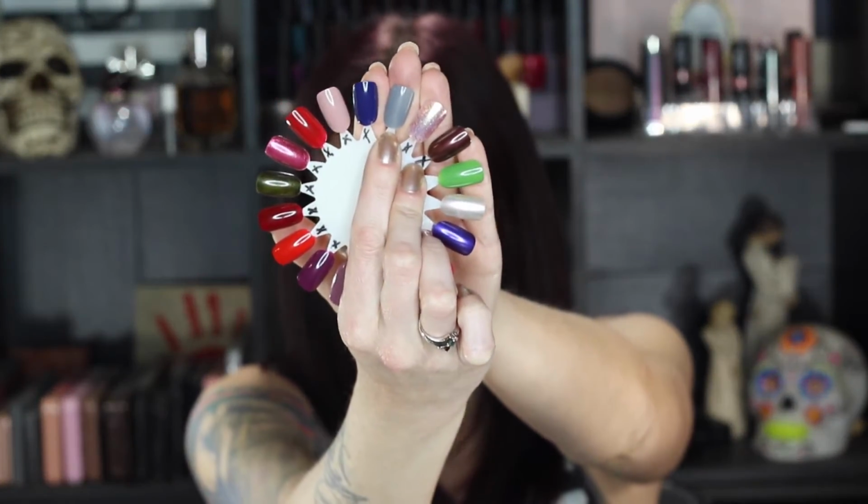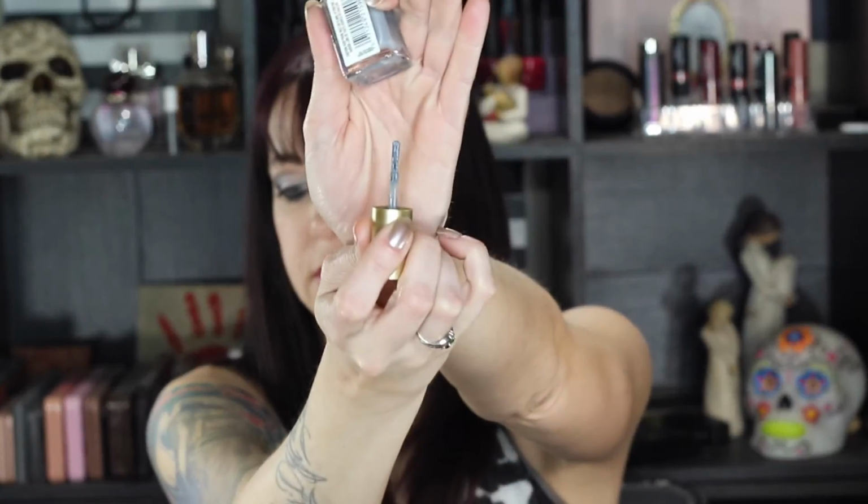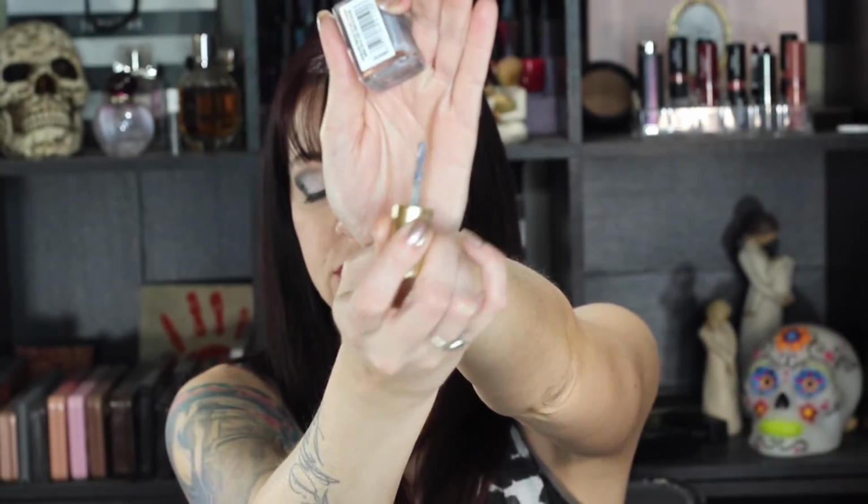The next one is still in rotation, and that is this gray one. I am pretty close to being done, and it will definitely be done probably by the next update. This is L'Oreal's Grecian Goddess. I put this in the project because I thought that I would really like this color. I like the formula. I like the brush. The brushes on these are a little bit angled, so I don't know if you're going to be able to see that, but the brushes are a little bit angled on each side,